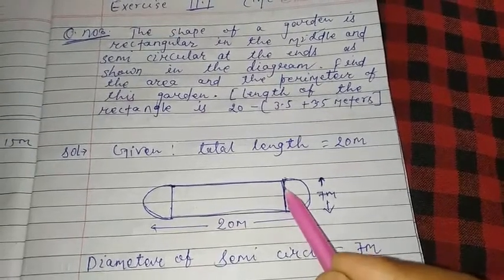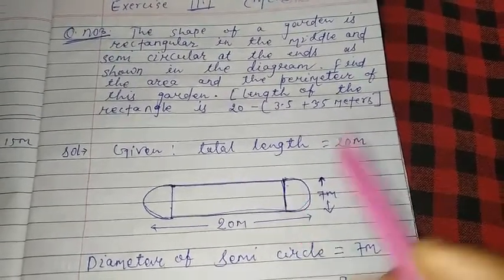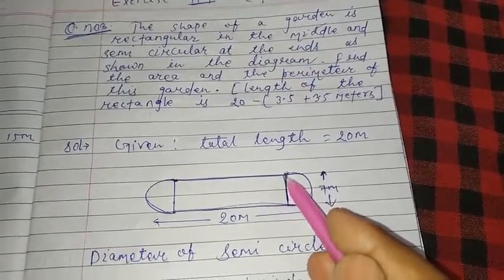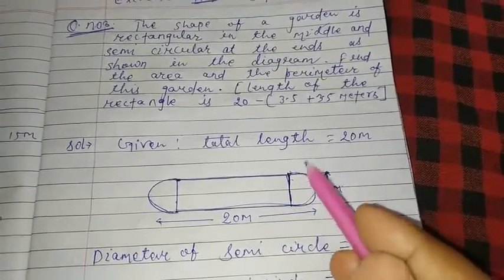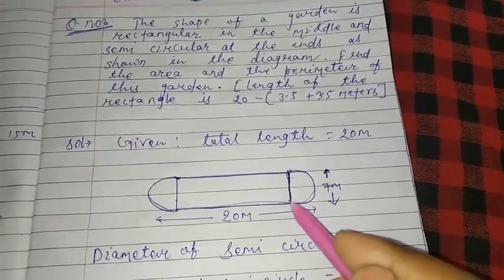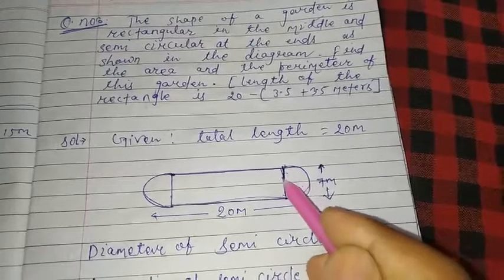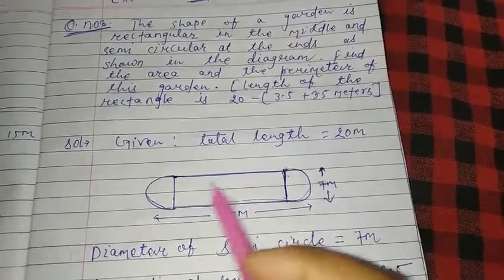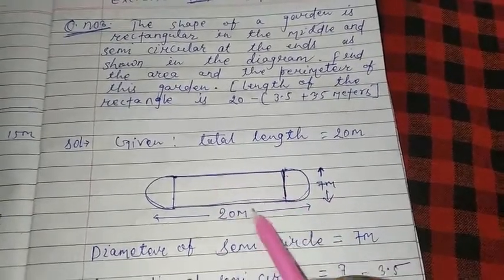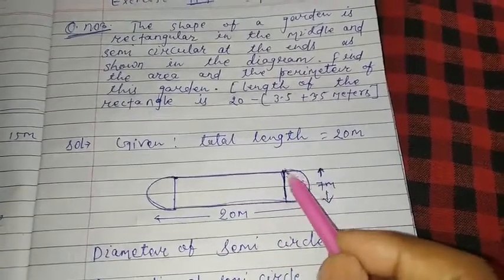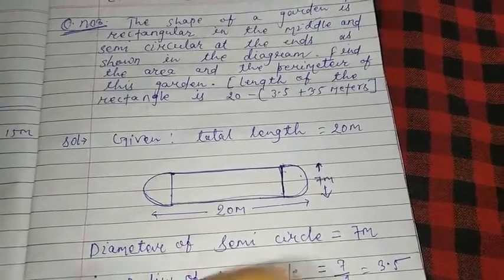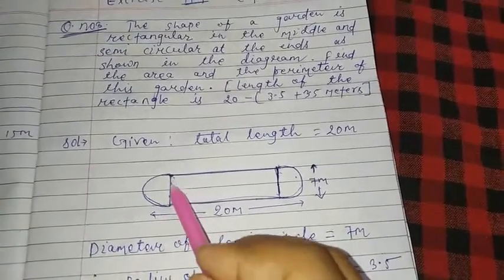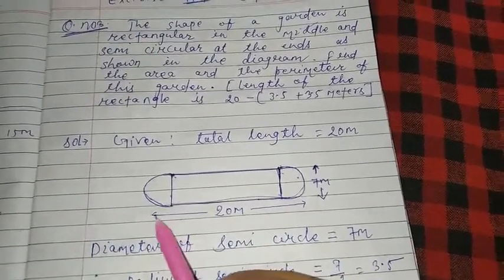As you can see here, this side is both the breadth of the rectangle and also the diameter of the semicircle, because this is a common side of both the figures, meaning this side makes the rectangle and this side makes the semicircle also. So here we can see that this will also be 7 meter,